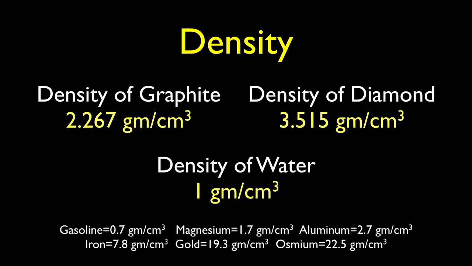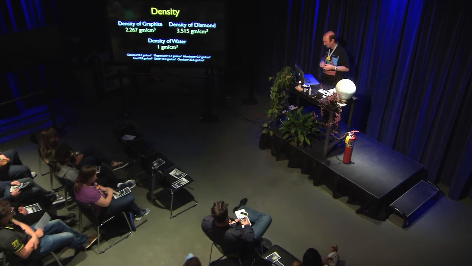If you want some comparisons, steel is about 7 or 8 grams per cubic centimeter, and if you work your way up to gold, it's about 19 grams per cubic centimeter, and osmium, the most dense element, we won't get to that one for a long time, and I don't think I can have a chunk of that. It's a little too expensive. The winner at 22.5 grams per cubic centimeter is osmium.